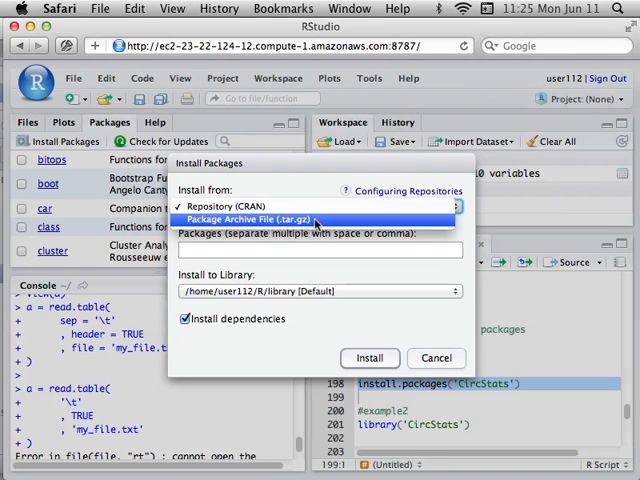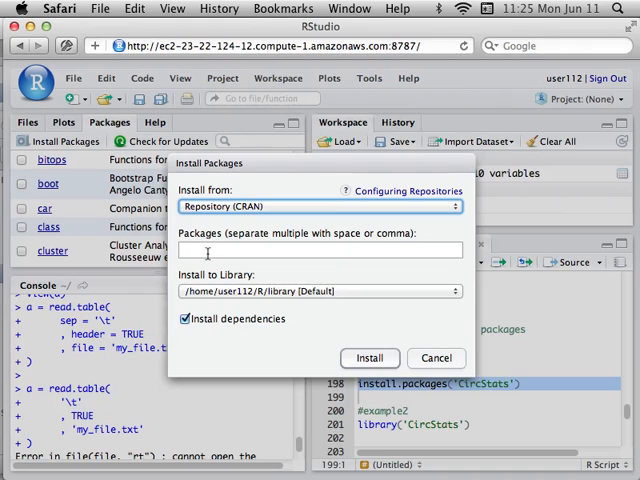There's also the ability to install a package from a local file that somebody's just given you. That's going to be a rare scenario. So the next thing is, what packages do you want to install? So I want to install circ, and it happily gives me some suggestions based on its knowledge of what's on the CRAN server. So circstats, install to library, keep whatever default they give you there, and install dependencies should probably